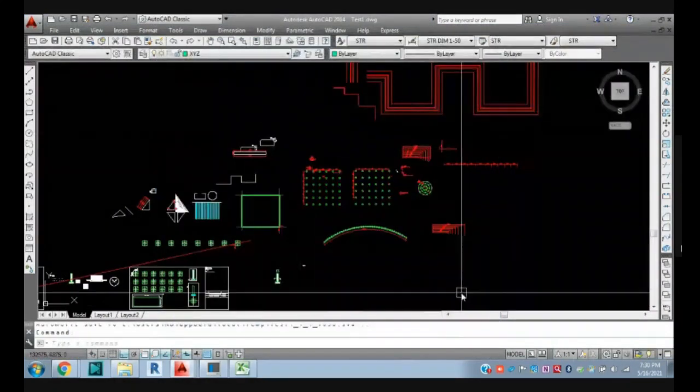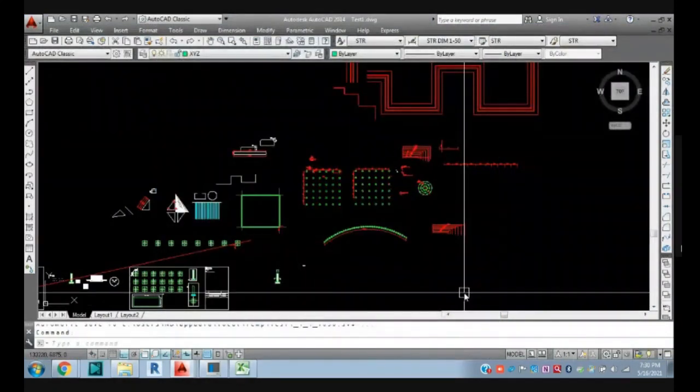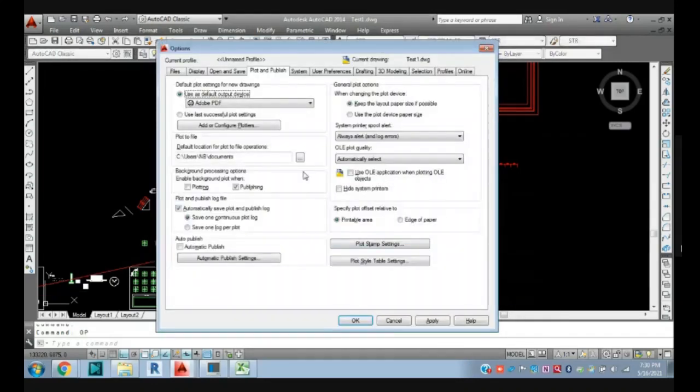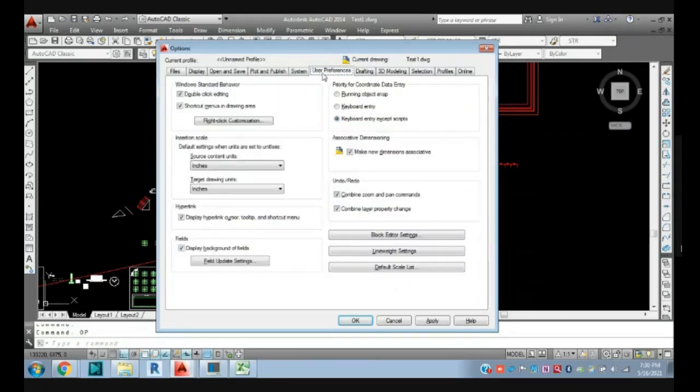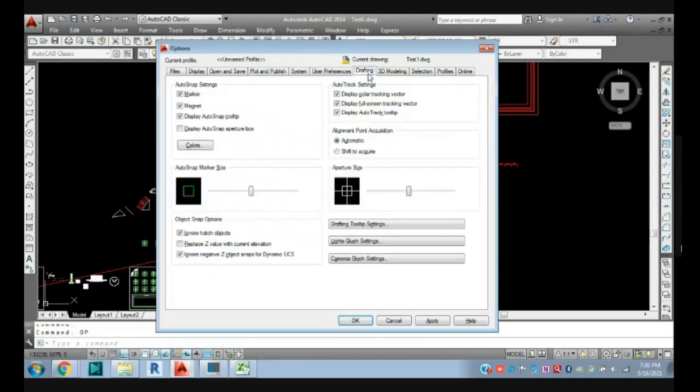Then your CTB file will be reflected in our plotting CTB menu. If you give the options command again, in plot and publish just keep this information; we can add a CTB file from here. Then for system, keep those things as default.